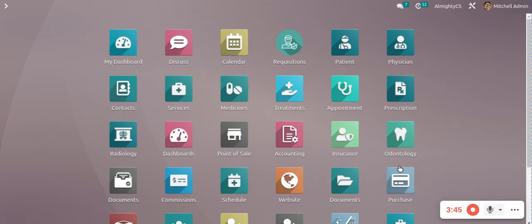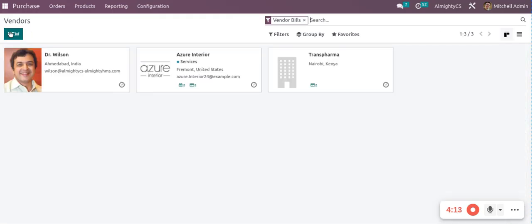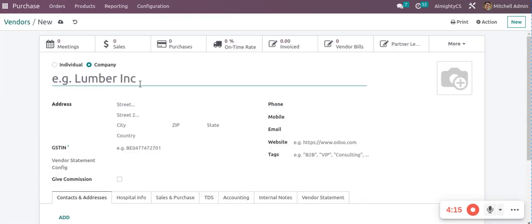When you come to creating a supplier, you come to purchase. The purchase application is a historical view of what has been purchased, what is to be sent, what is being waited for, and what is late, the average. So this dashboard generally gives you an overview of what's going on here. For you to create a vendor, you come to orders, and there's vendors. In this case, I think we will work with a local supplier. So I'll say new and say